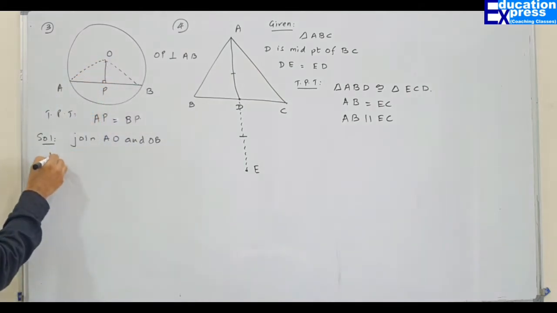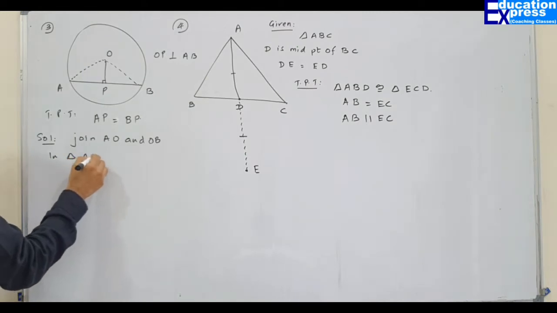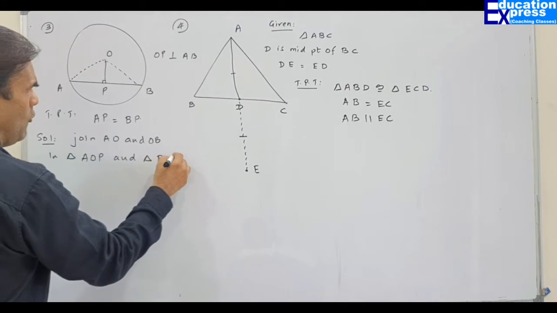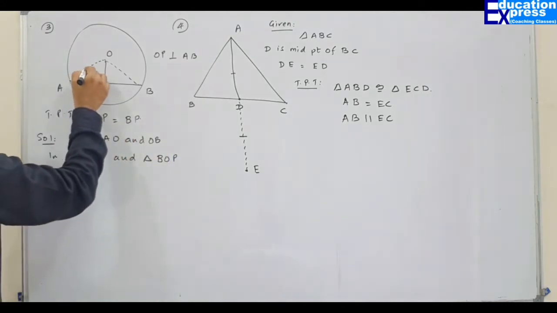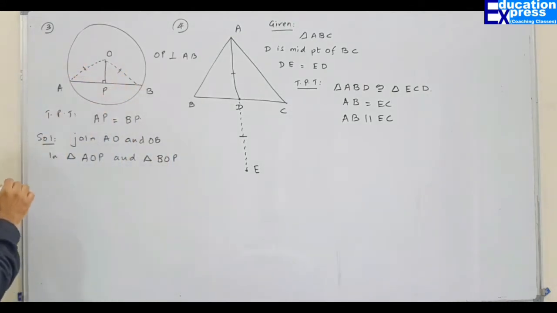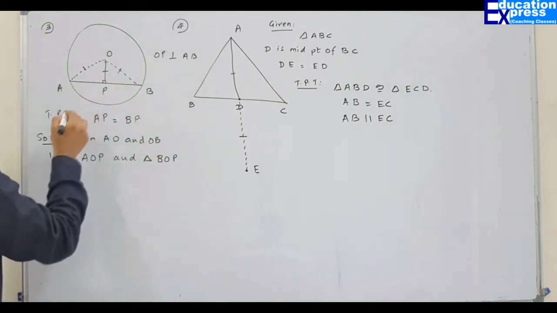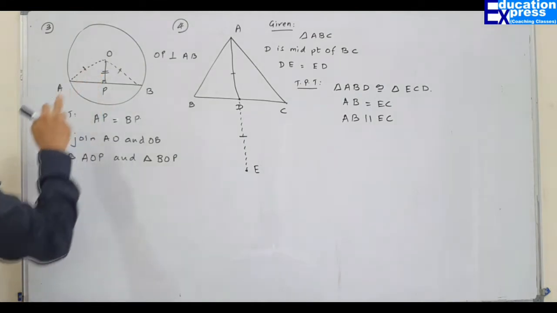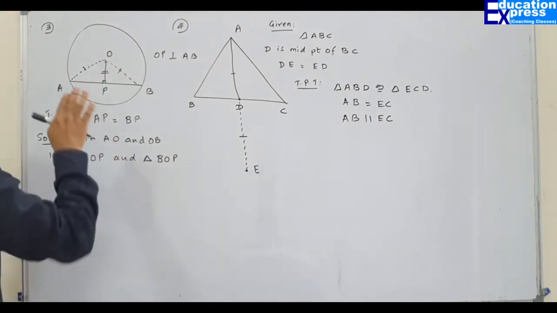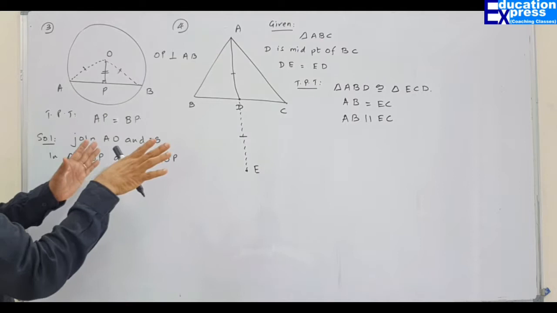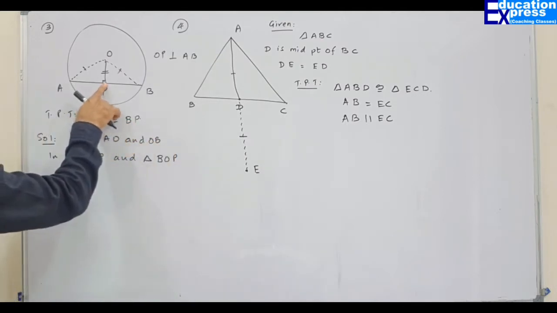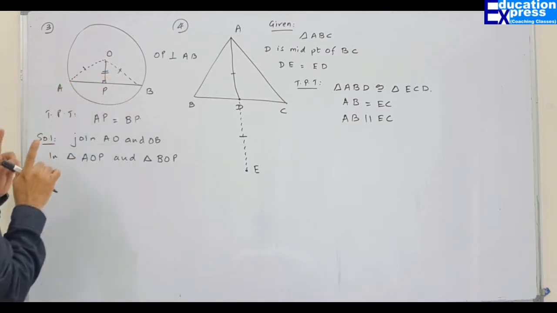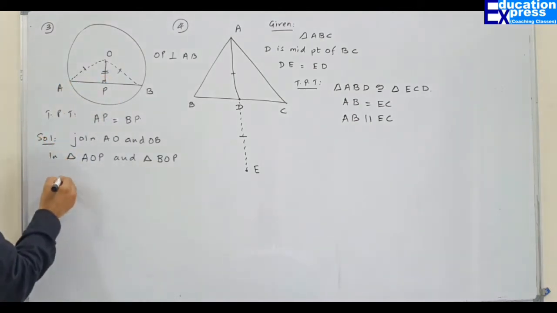So now, in triangle AOP and triangle BOP, can you make out what the guesses are? Sir, radii of the same circle. Sir, this would be the common side and this is 90 degrees. Absolutely right. Three things which are obvious are given to us. Out of these three things, if you see the order, this is the right angle, this is the hypotenuse and this is any one relevant side. So it will be the RHS test. Let's go in that order.